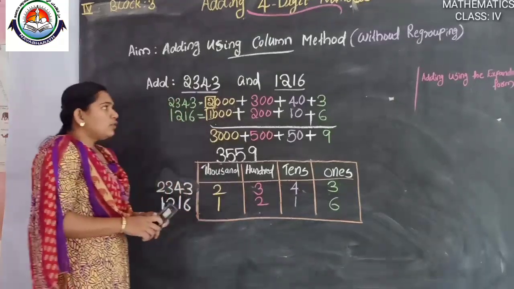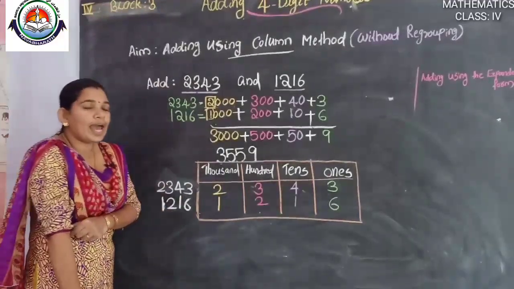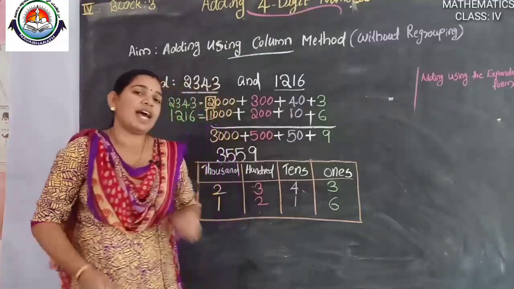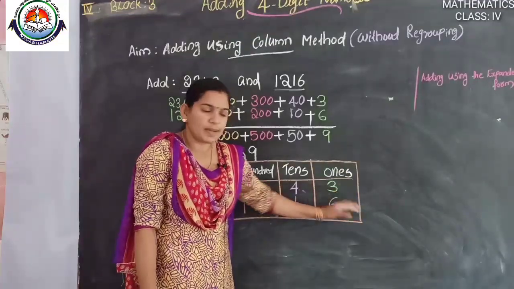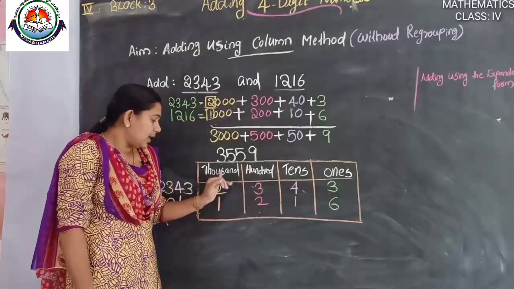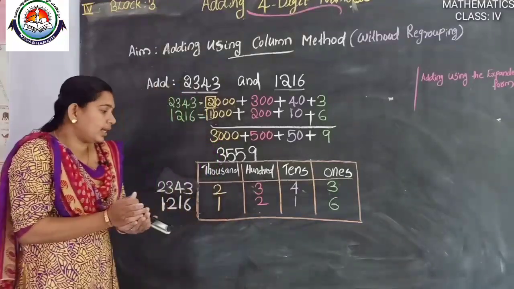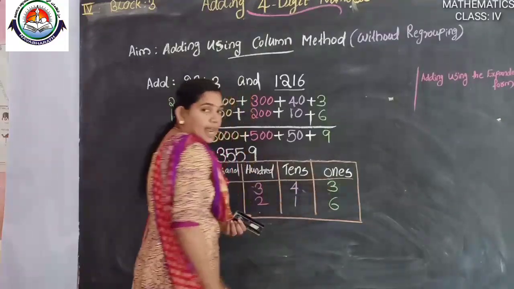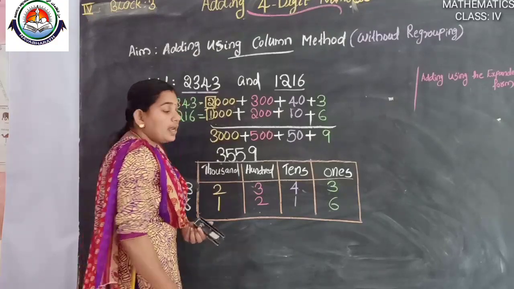Then which operation are we doing here? Adding. So you are adding each digit in the places. In each place we are adding. So I hope that all are pasting the same color in the ones place, the same color in the tens place, the same color in the 100 place, and the 1000 place also. Okay. Then we are adding these two numbers. 3 plus 6. What is 3 plus 6? 9. Very good.